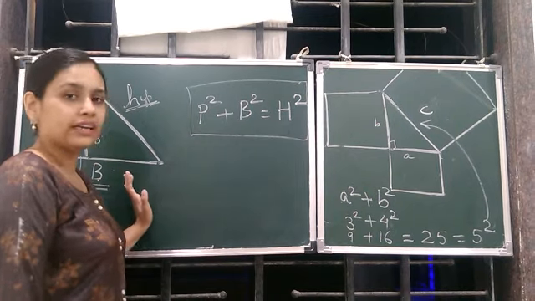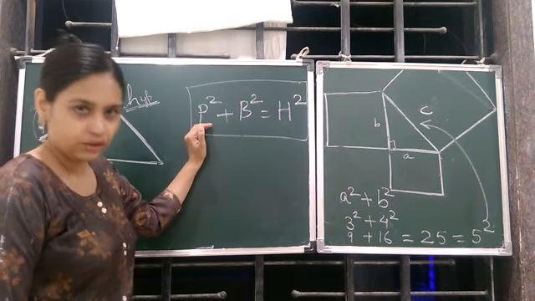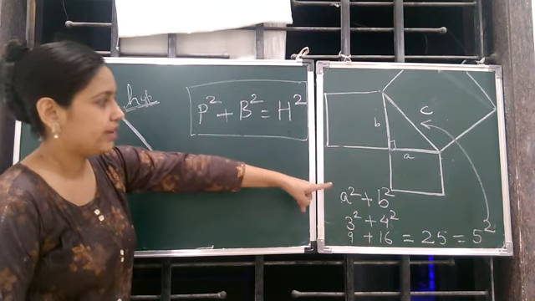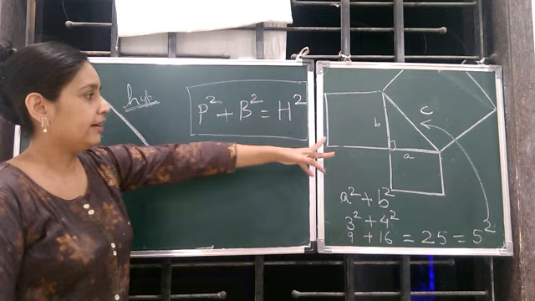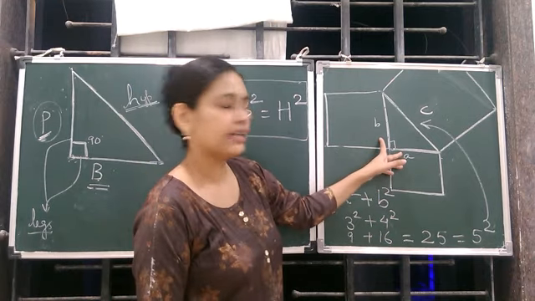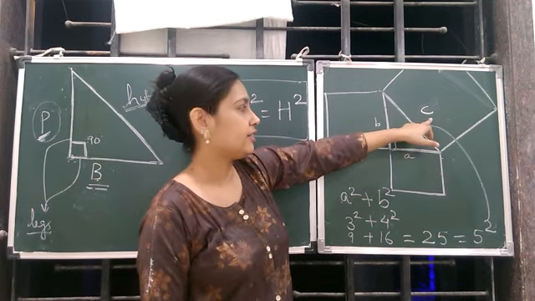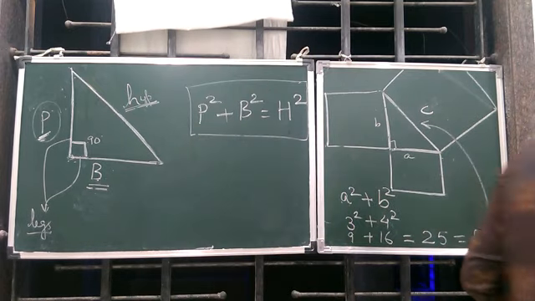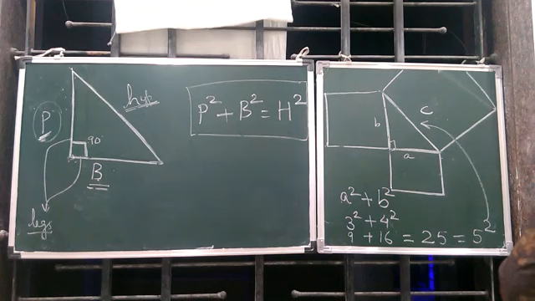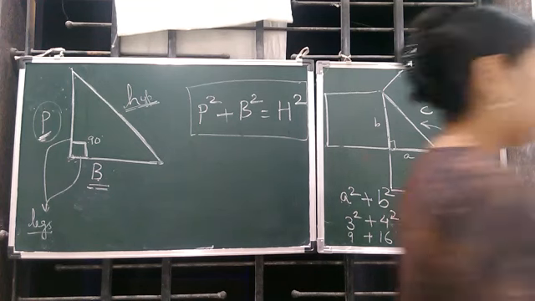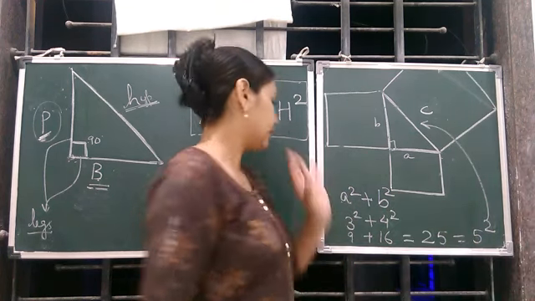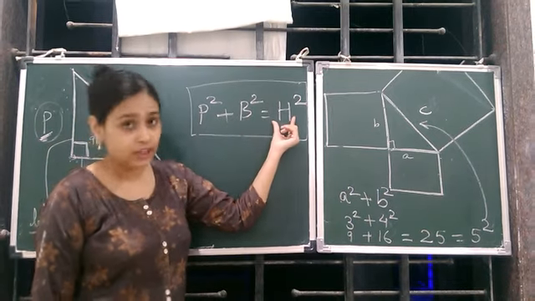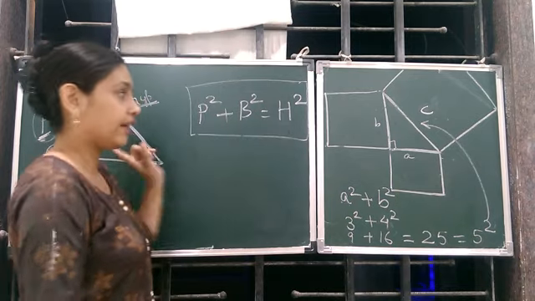So in a right triangle, we follow the property of Pythagoras. This was the theorem which we have done. We added the two sides, that is the base and the perpendicular, and we found that it was equal to the hypotenuse. So this was first done by Pythagoras, that's why this is known as the Pythagoras property. Now, if in any right triangle, perpendicular plus base is not equal to hypotenuse, that means it is not a right triangle.